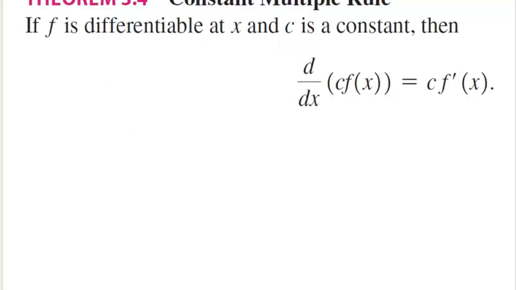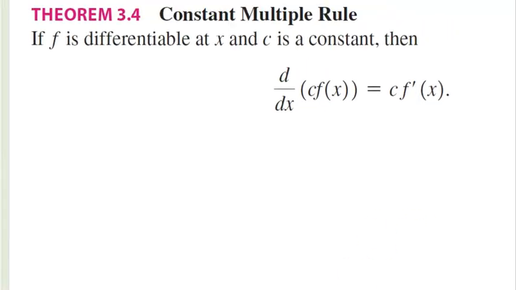How about the constant multiple rule? This one I think is pretty straightforward, the intuition as well. And we learned this in limits: if I have a constant times a function, when I take the derivative of that, it'll be the derivative of the function times the constant. We see the difference there. That is, the constant kind of comes along for the ride. For example,